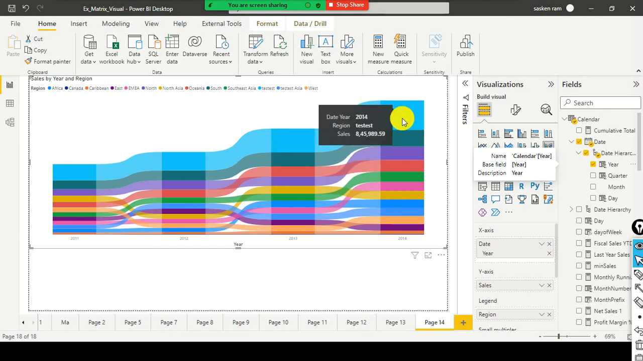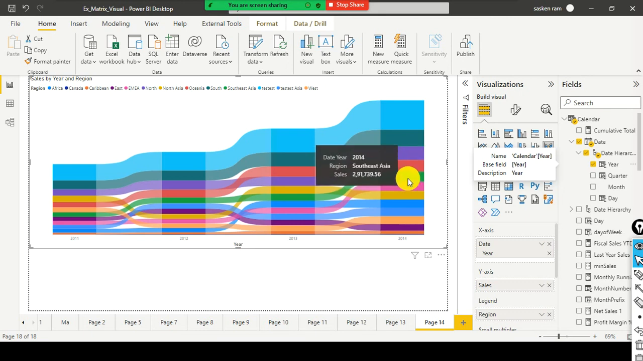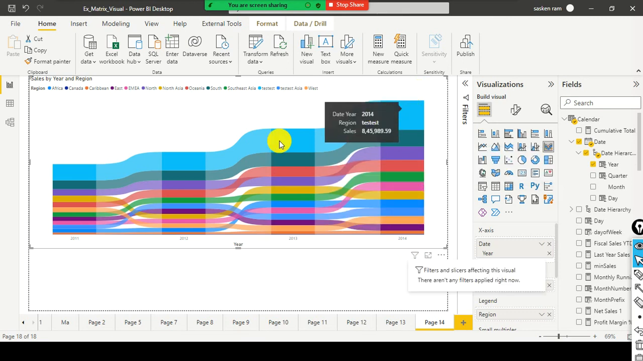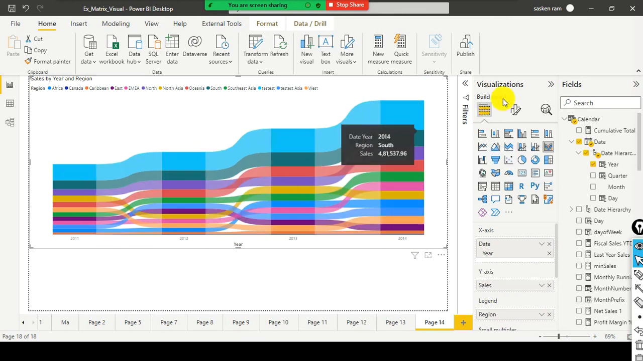So this is the one with the highest value, hence it displays on top of other ribbons. This is the second top sales. Look here, this is 845 and this is 4.81, this is 3.87k, 2.91, and then after 2.9, 2.6 or something like that, okay. The highest value displays on top of this one, and if you hover the cursor here, you can make out